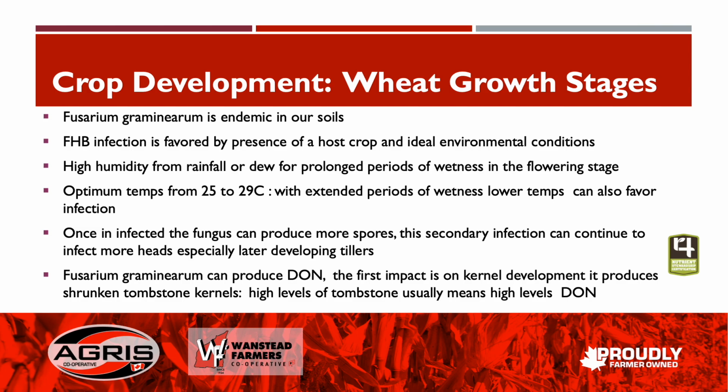And once infected, the fungus can produce more spores, and this secondary infection can be problematic as it presents a spore load that can infect later developing tillers. So Fusarium graminearum can produce DON. The first impact is, of course, on the kernel development. It produces those shrunken tombstone kernels, which is your grade discount. And high levels of tombstone usually, but not always, speak to the higher level of DON or mycotoxin that can